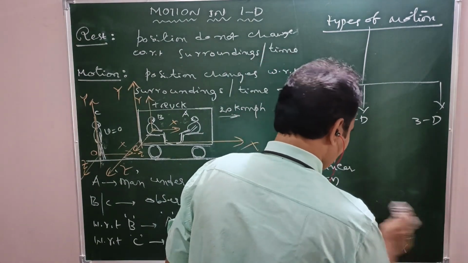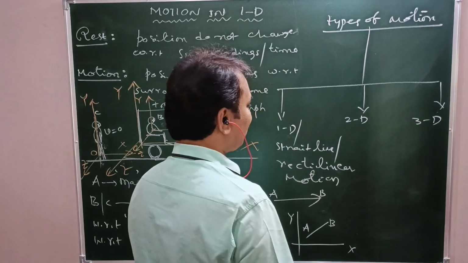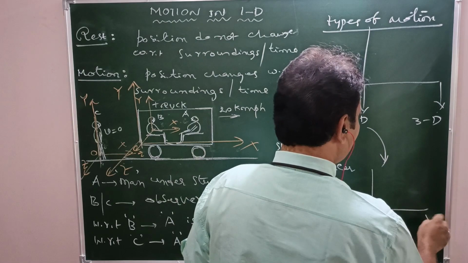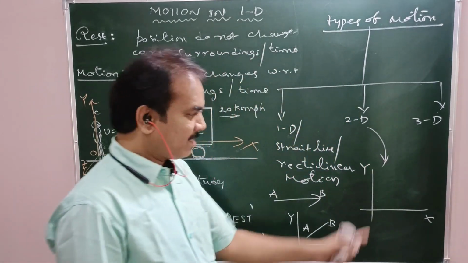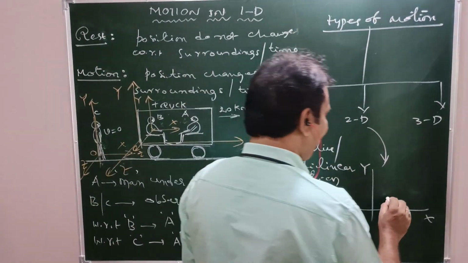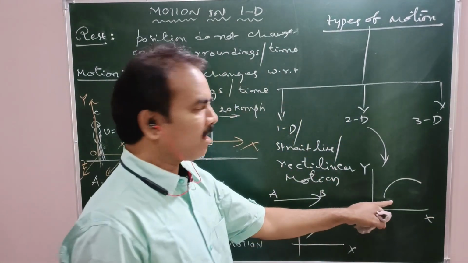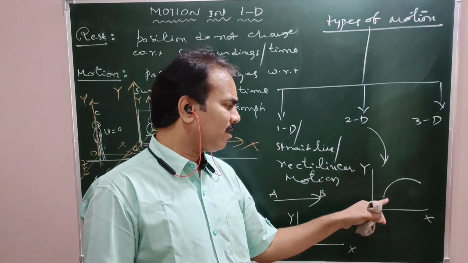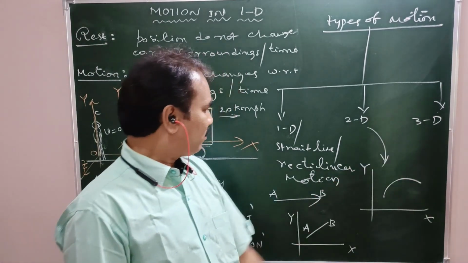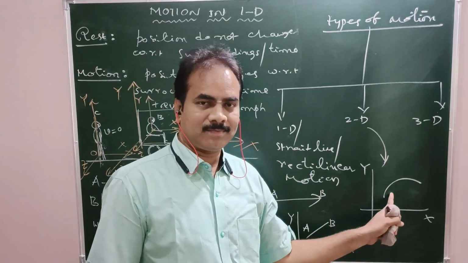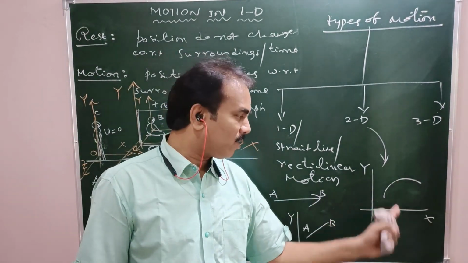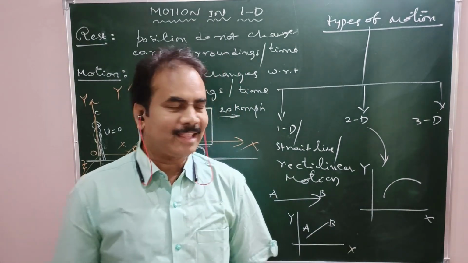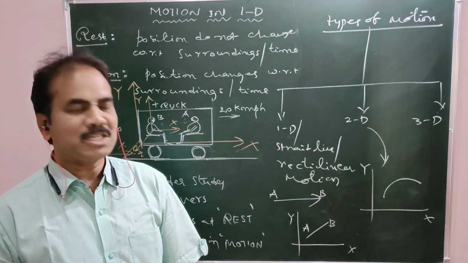See, this is what two-dimensional means. Example: this is the XY plane. In this XY plane, a particle is going to move like that. Is it a curve or not? Yes, a curve. It is other than a straight line. It's not a straight line path. That is a curved path. Moreover, it is moving in a plane along a curved path other than a straight line. Then that motion is said to be two-dimensional motion.